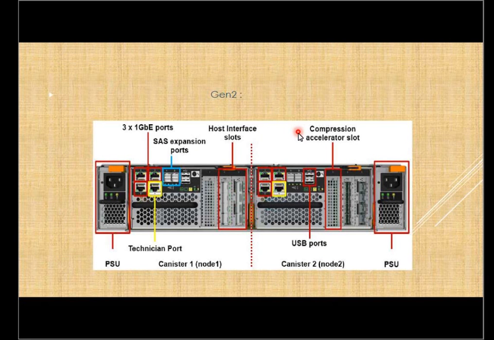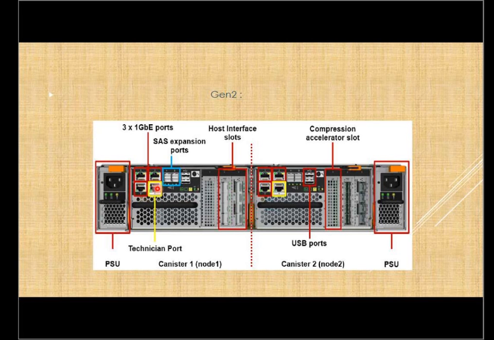So this is Gen 2 model. Gen 2 model, it has little differences compared to the Gen 1 model. Instead of having onboard FC port, it provides host interface cards. So these host interface cards are basically used for fiber channel and SAS connectivity. But apart from it, if you see other ports, you can clearly see that you have 1 Gbps iSCSI port. So total number of port count is 3, right? So 3 ports here, 3 ports here. So total 6 1 Gbps iSCSI ports that we can see. Okay, for Ethernet connectivity, iSCSI connectivity.